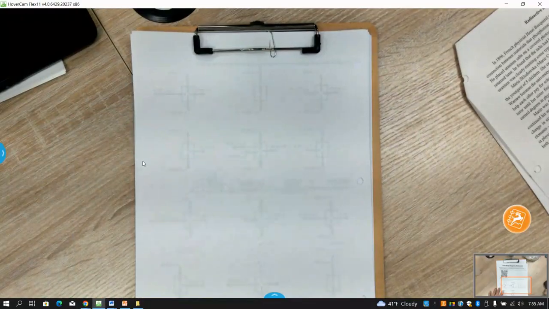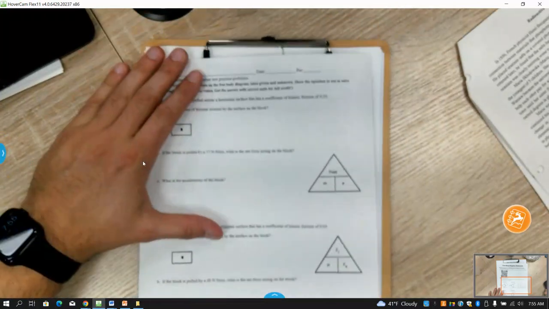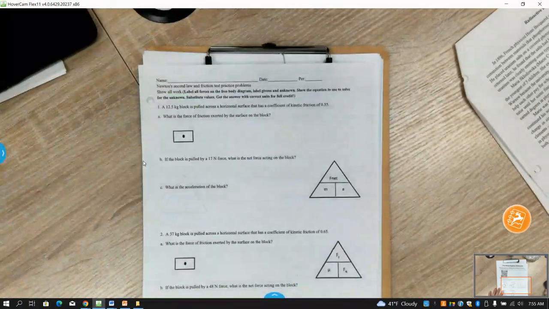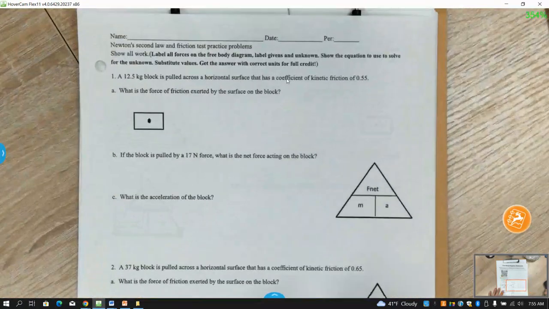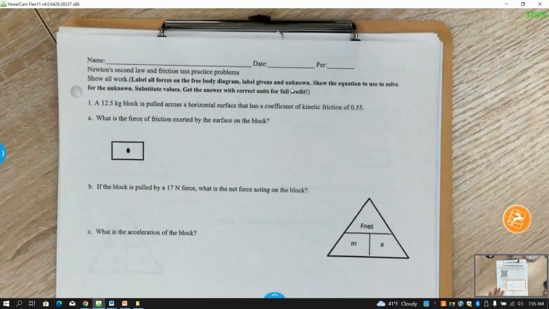So, guys, we are going to be working here on Newton's second law practice problems, and these are test type problems. So they're a little bit involved. They're going to ask about,